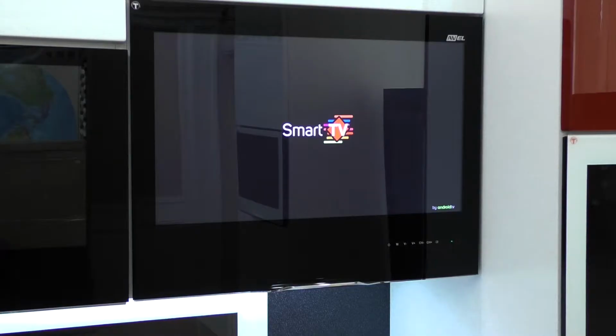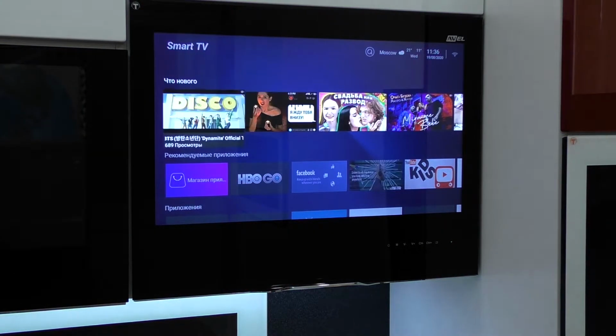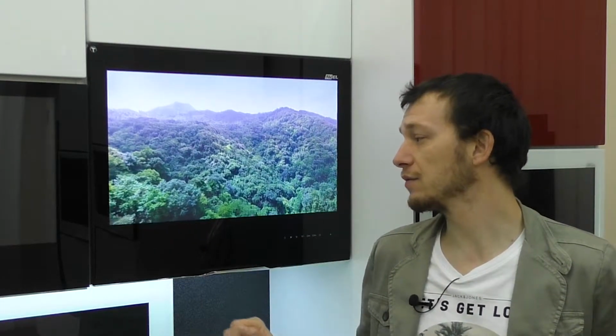Hi everyone, today we're reviewing an embedded smart TV model AVS240KS on the Android TV 7.1 operating system with 8 GB of internal memory and 1 GB of RAM. This model is made in a standard case 600mm wide and 455mm high, which corresponds to the dimensions of built-in